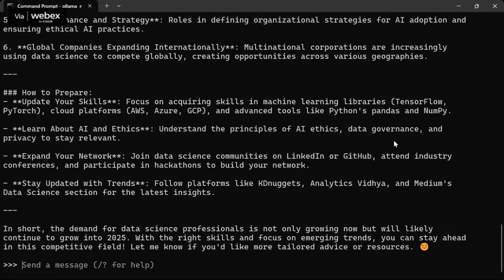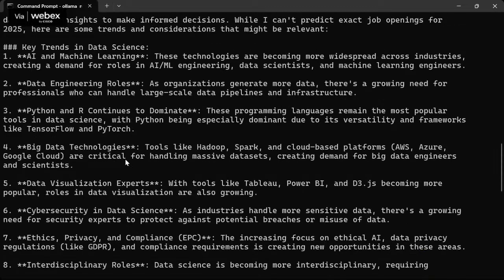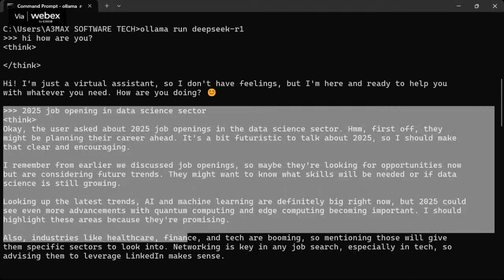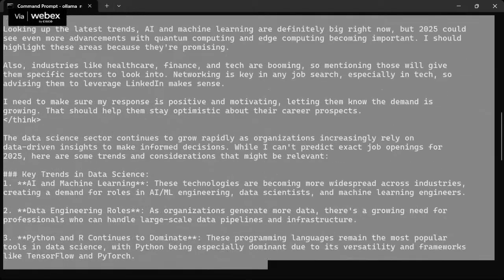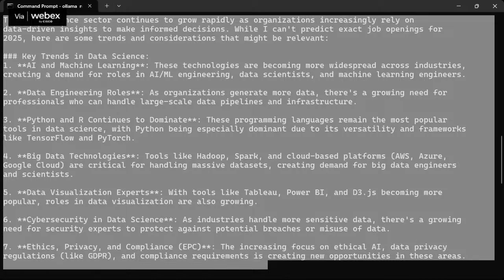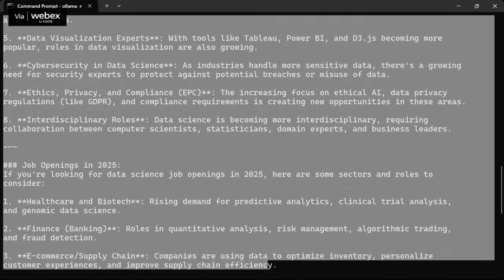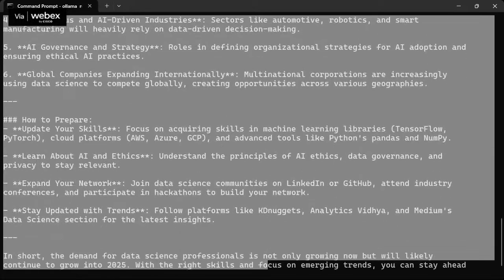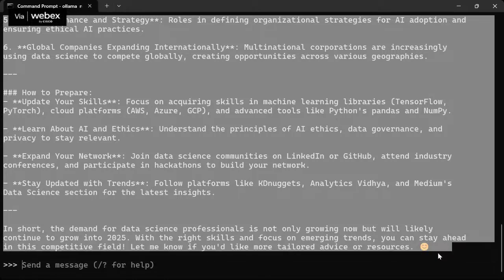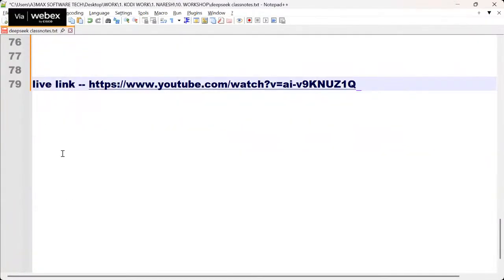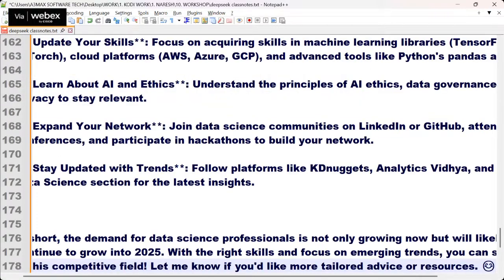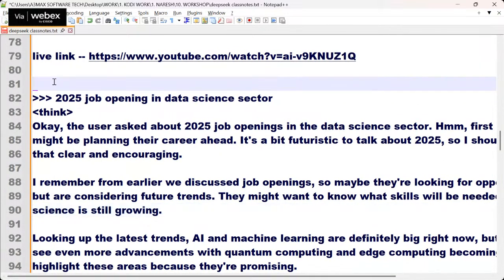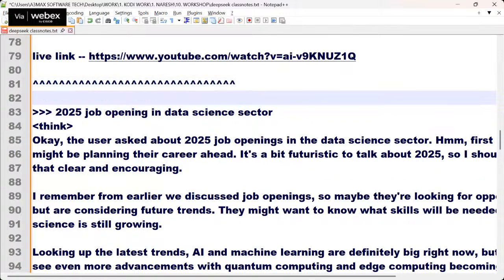So team, don't work. See, how many messages they sent me. See, if you see this 2025 job opening, I'll copy. Let's copy again and I got a response. What response did my model generate? We'll see this now. Let me copy one more time. Just doing it and trying to sum up all these pages and we get to know our final response. Just copy and go back here. Great. Do you see this, guys? These many responses I generate when I say 2025 job openings in the data science sector.